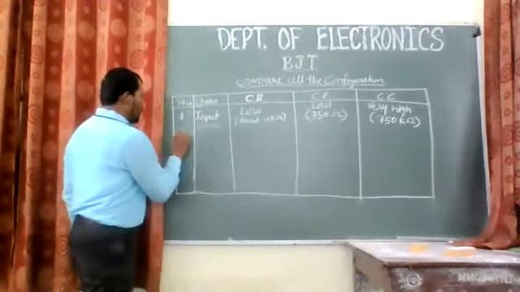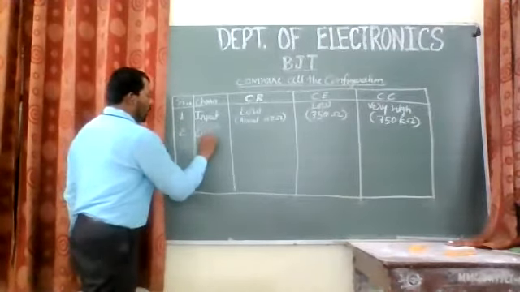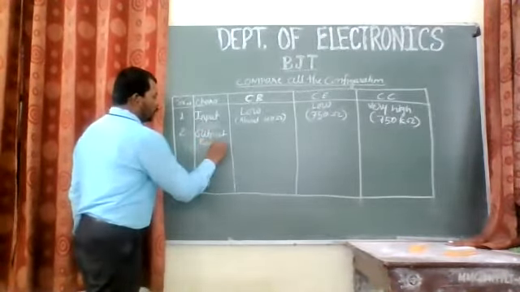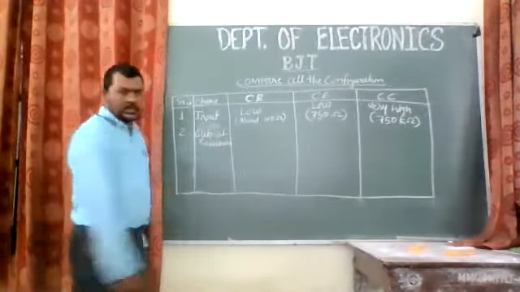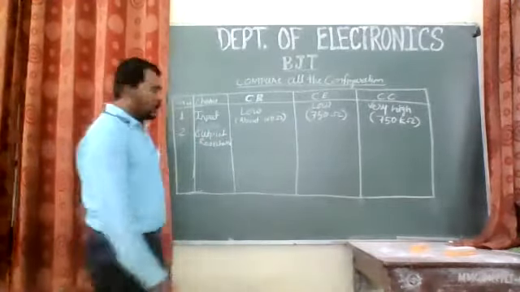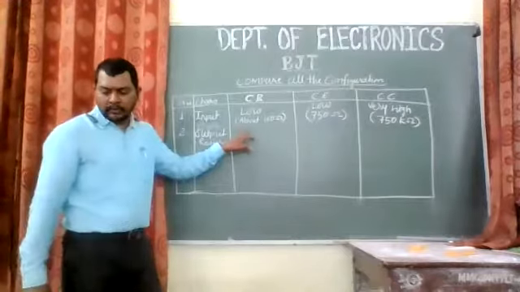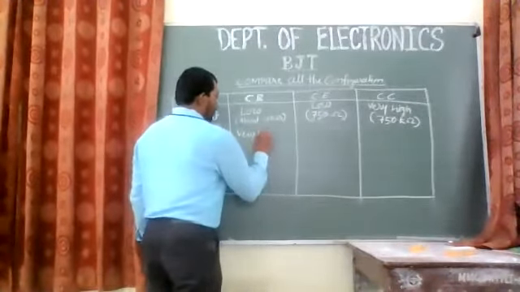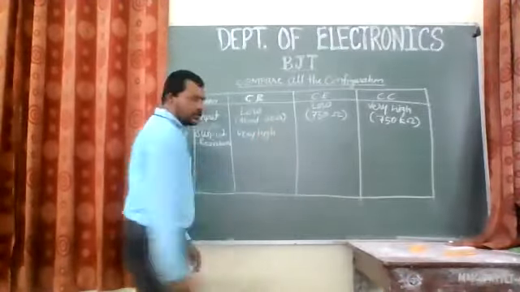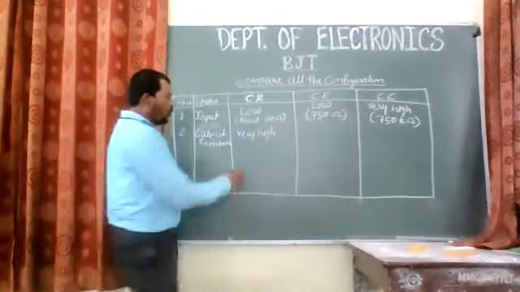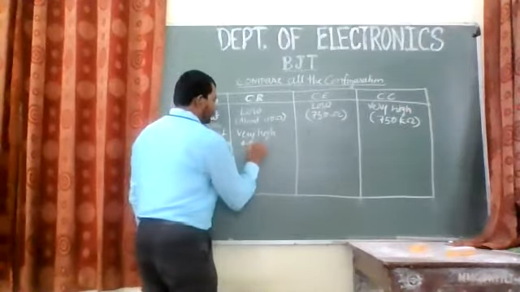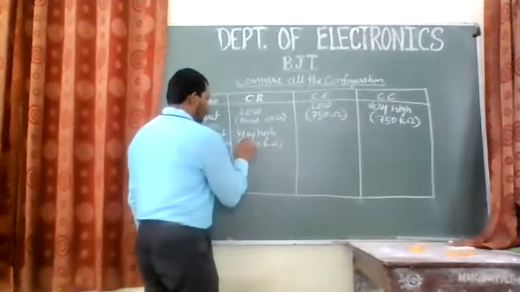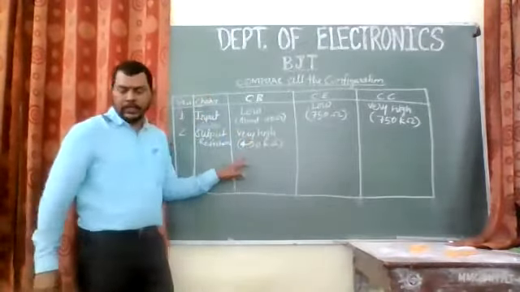The second one we will have is the output. So output resistance, right? Why I am writing this, I will let you know. So this is the output resistance. The output resistance of common base is very high, and this is around 450 kilo ohms, right? So this is 450 kilo ohms.